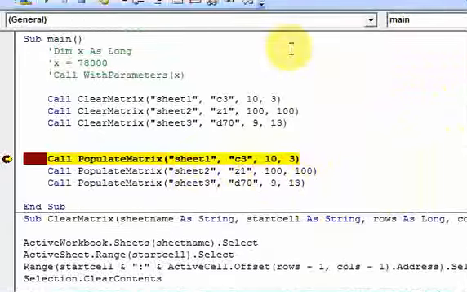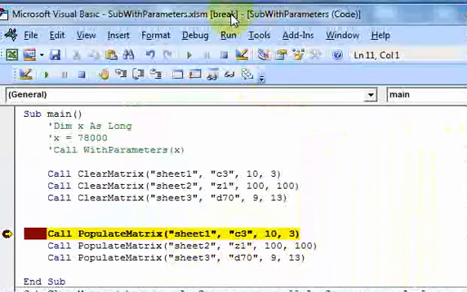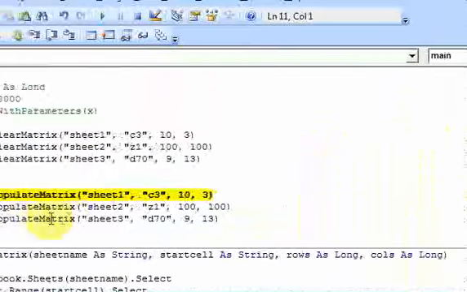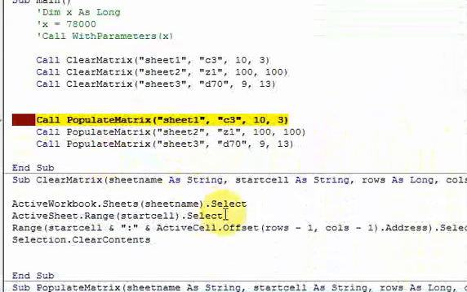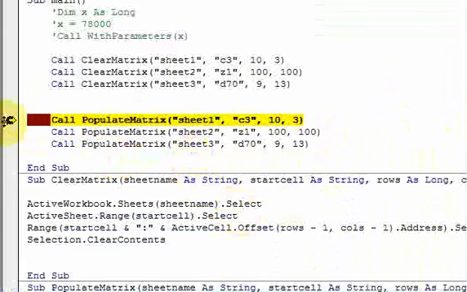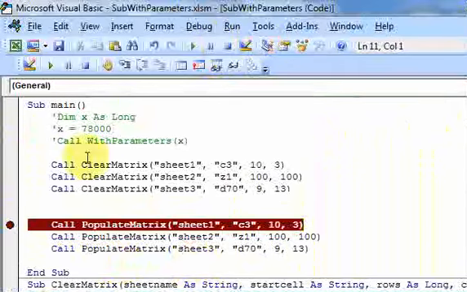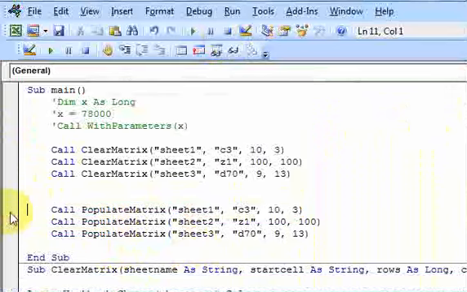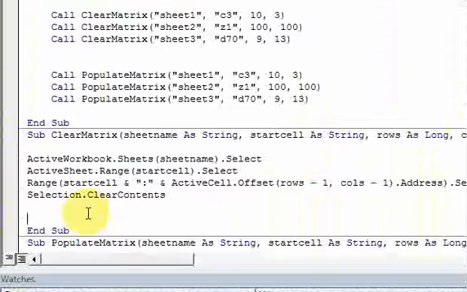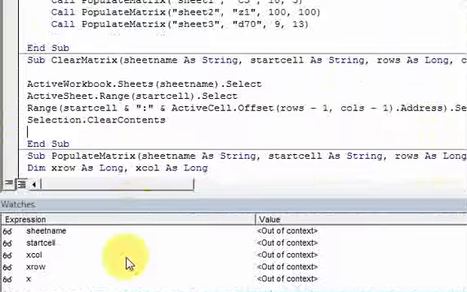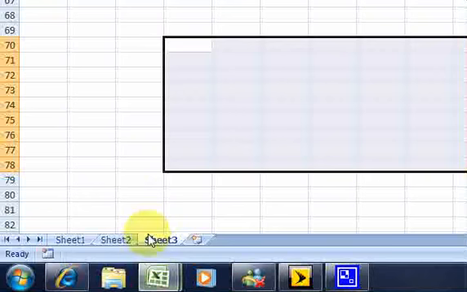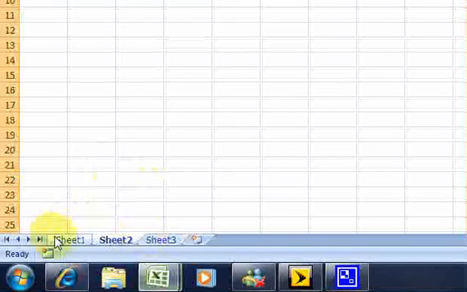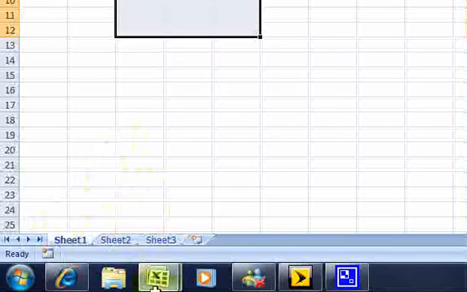So I just wanted to show you that that's how you use these parameters in different ways, right? Hopefully it's useful to you. Hopefully you can take a look at this code and understand it. Like I said before, this might not be the most practical application of passing in parameters. However,